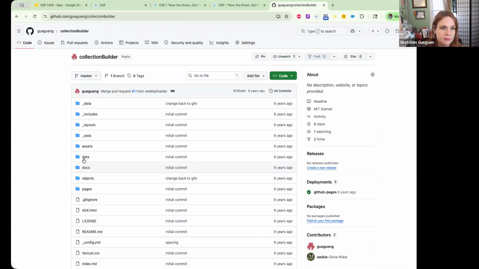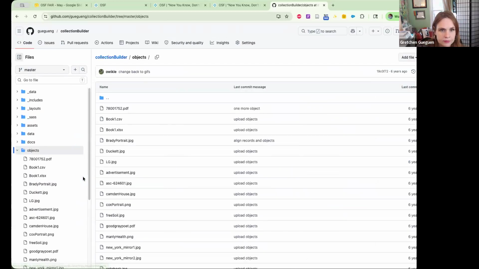Another thing would be, for example, here are a bunch of digital objects that were in this digital repository that I built. And you can see I tried to use as much as possible file formats like CSV and PDF and JPEG, ones that were really interoperable.